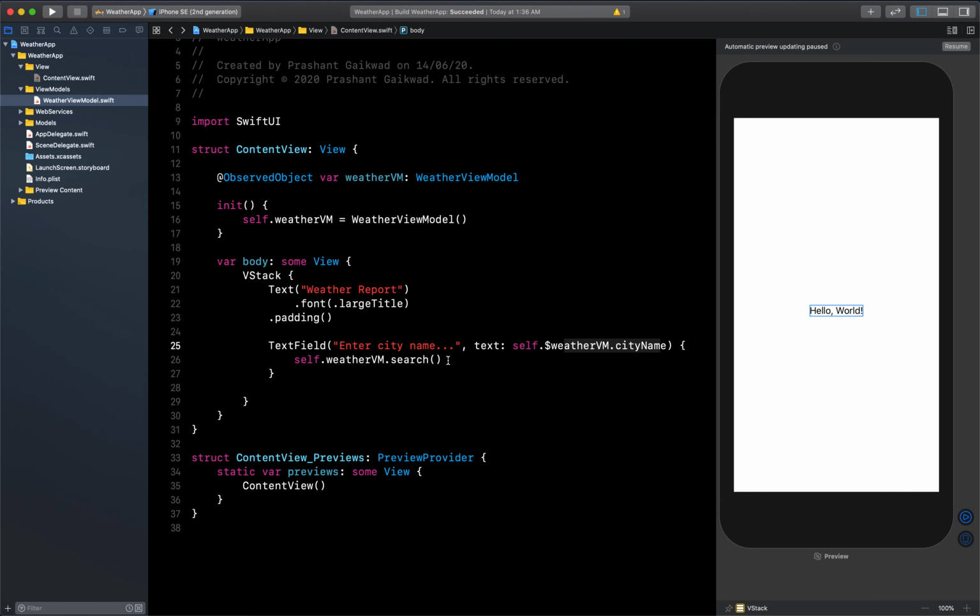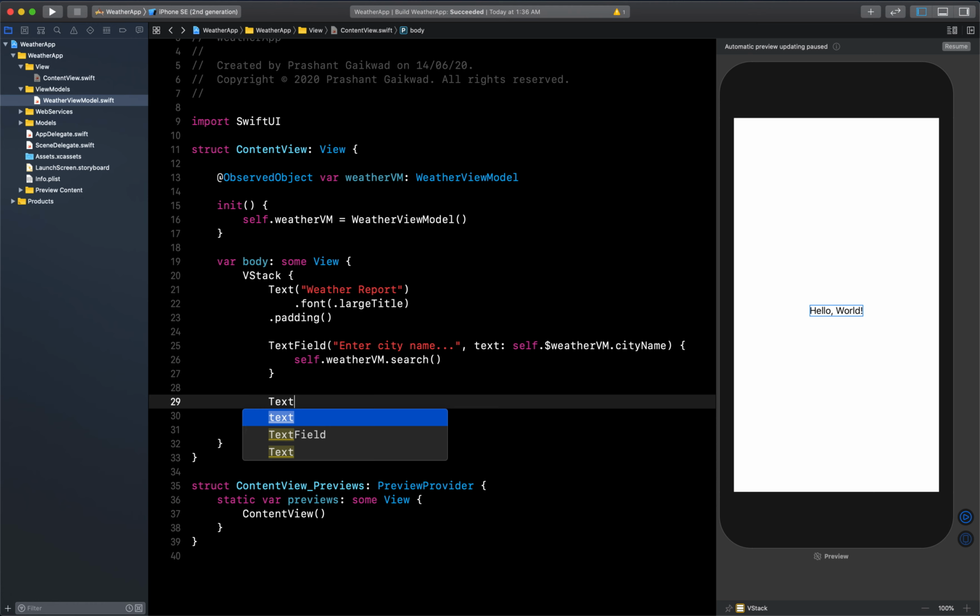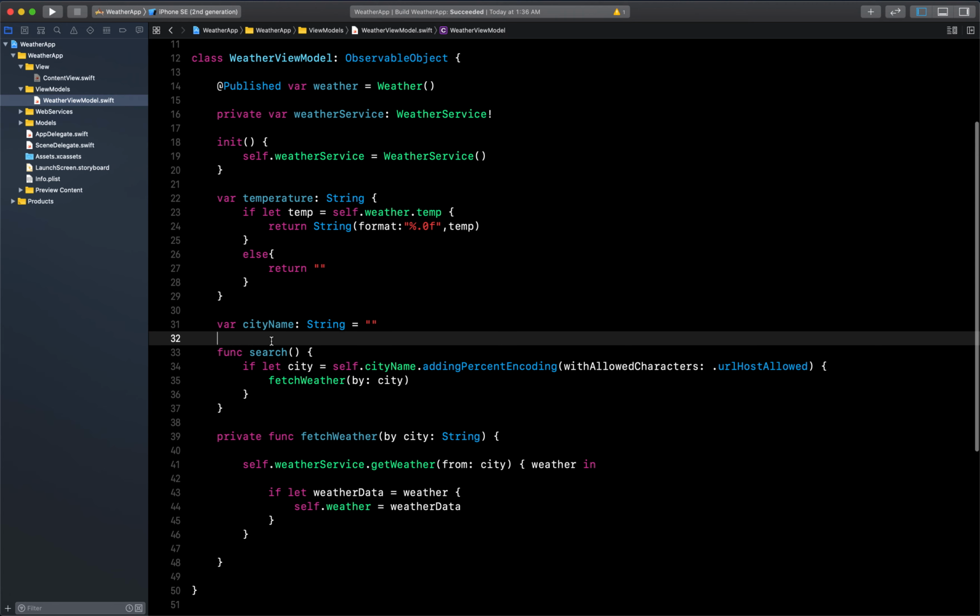Now what you have to do is, finally at the last we need to show our data. So Text, then inside this we need to show the temperature. The temperature will be, let's use string interpolation, self.weatherViewModel, and inside this we have declared our temperature variable like this, which is here.